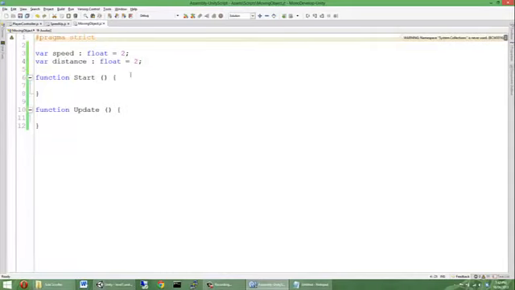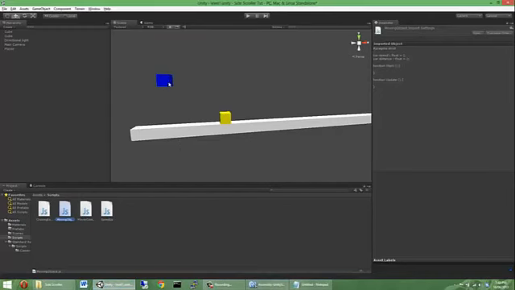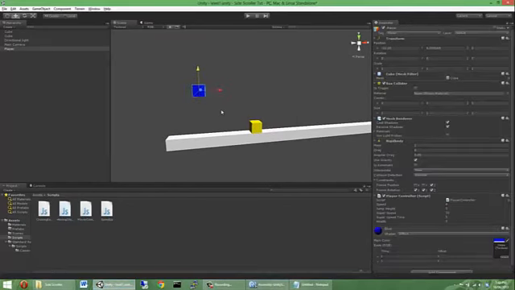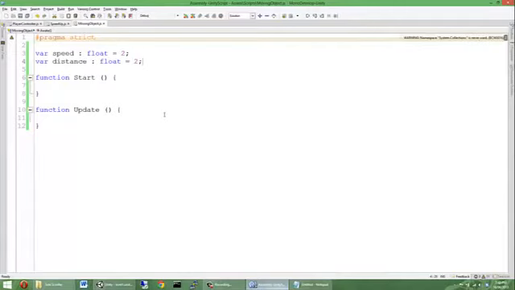Now before I go too far, let's quickly have a look at this. It actually is going to refer to 2 units in the game. So if we have a look in the editor, I'll click on the player. If I hold control while I move this object, it's going to move it 1 unit at a time. So if I hold control and move him up, that's how far the object will move in 2 units. Then it'll turn around and come back the other way, and that's essentially what the default object will do, movement-wise. It'll be smooth, but that's how far it will move. You can increase that or decrease that as much as you want,